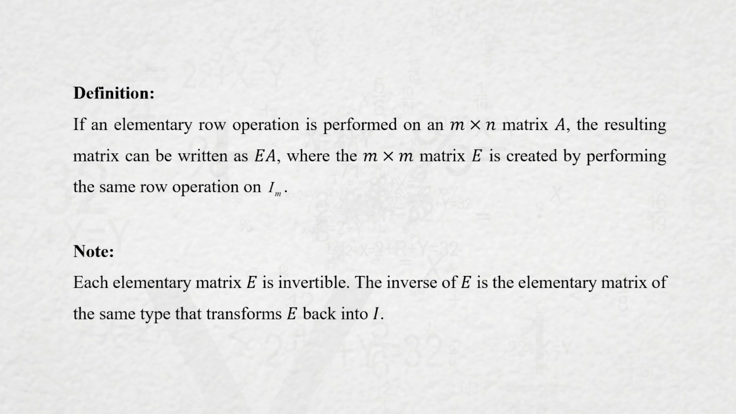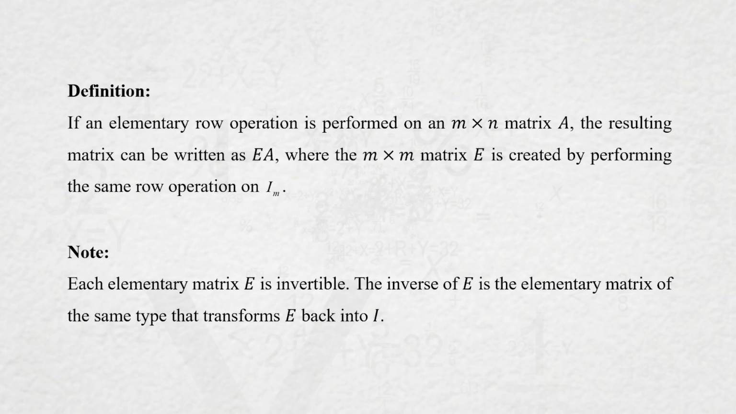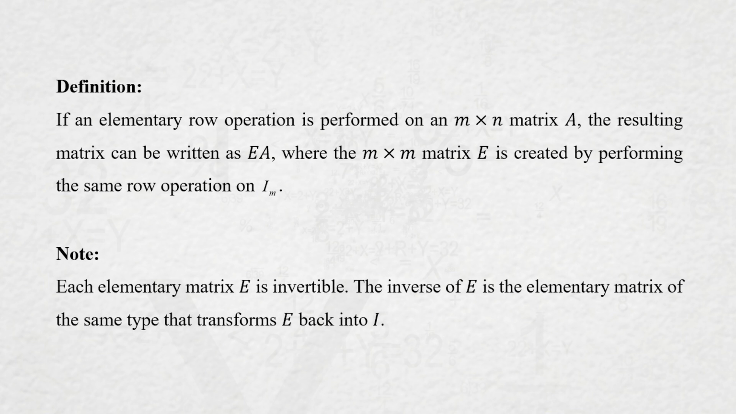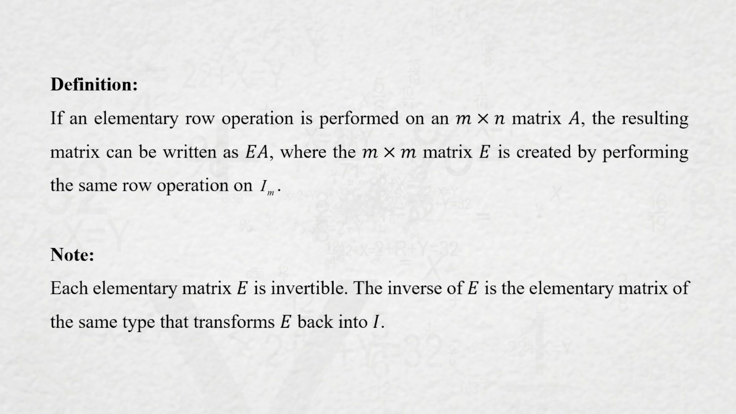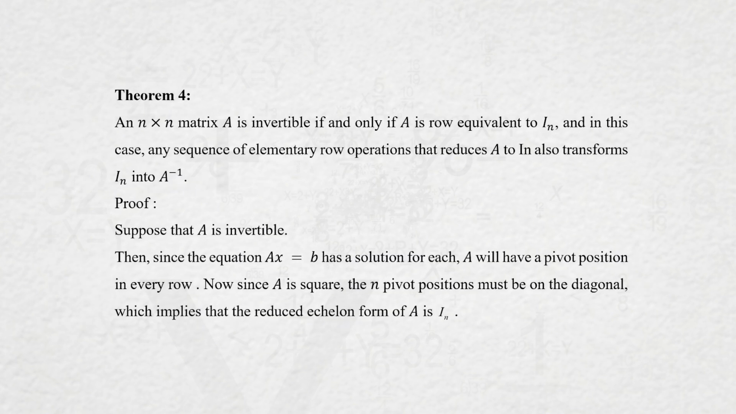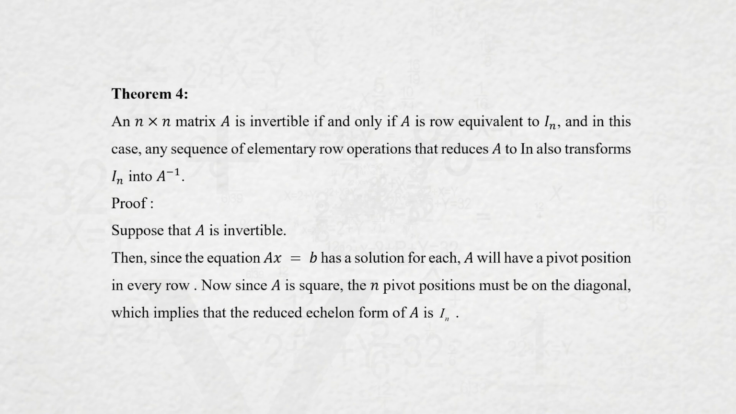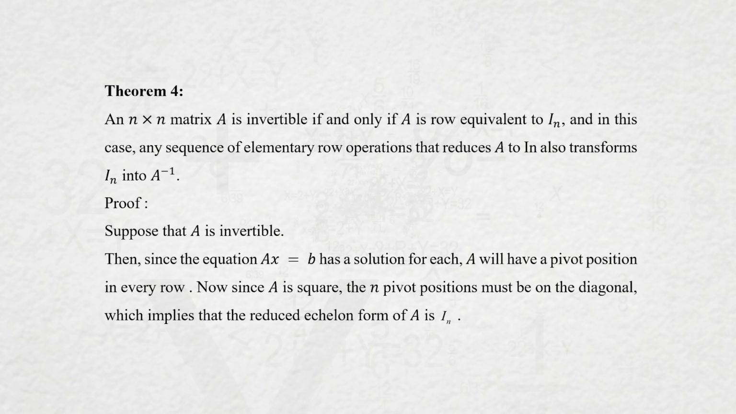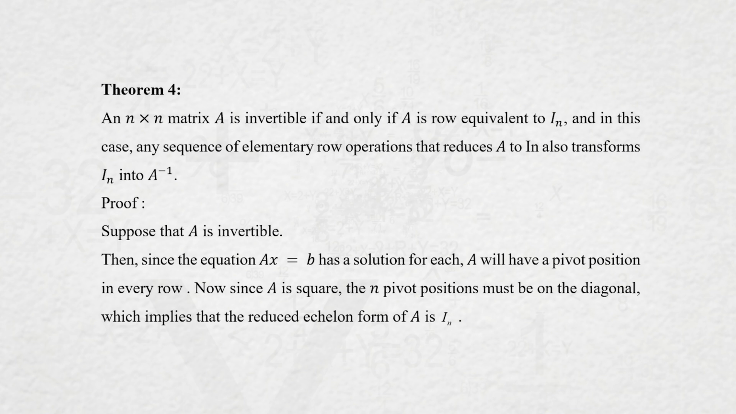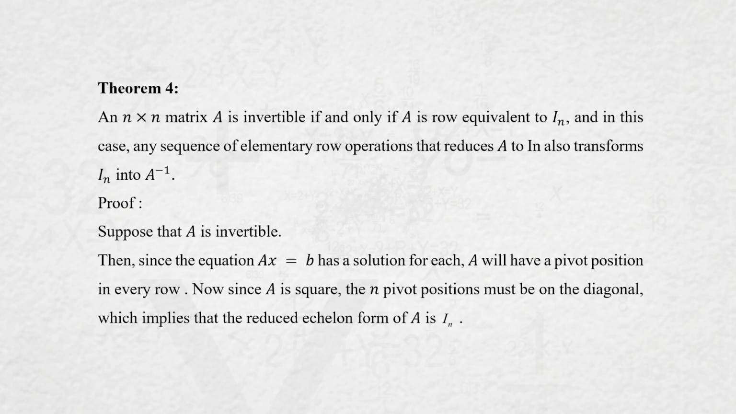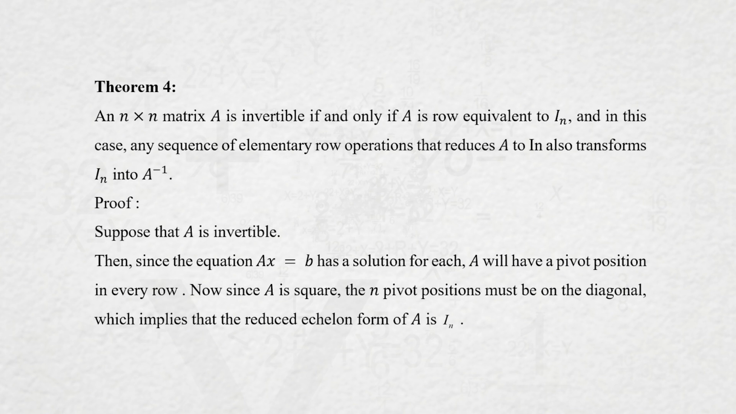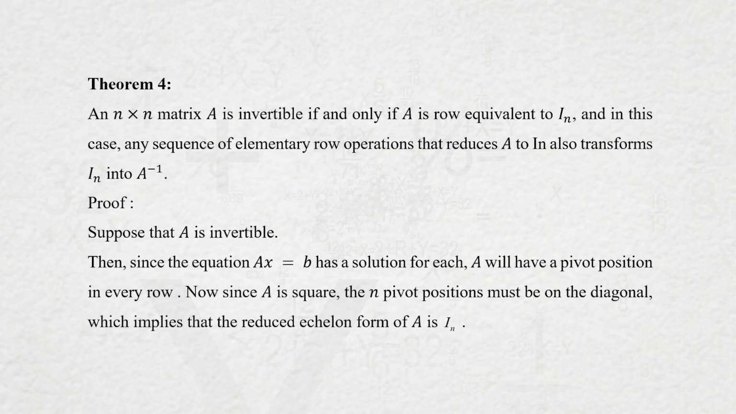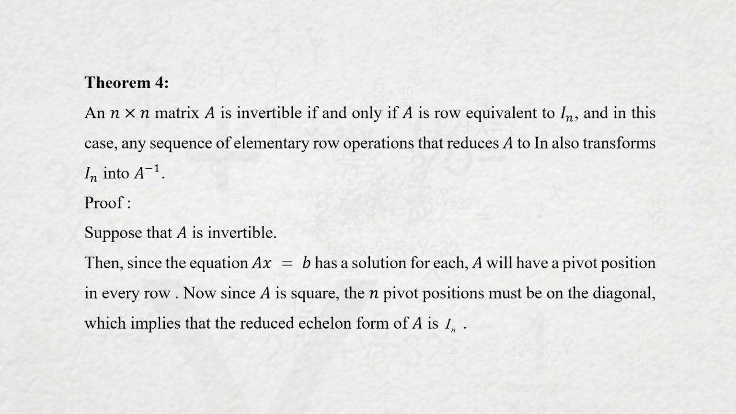A point of note: each elementary matrix E is invertible. The inverse of E is the elementary matrix of the same type that transforms E back into I. Fourth theorem: an n cross n matrix A is invertible if and only if A is row equivalent to I_n, and in this case any sequence of elementary row operations that reduces A to I_n also transforms I_n into A inverse. Proof: suppose that A is invertible, then since the equation Ax equals b has a solution for each b,